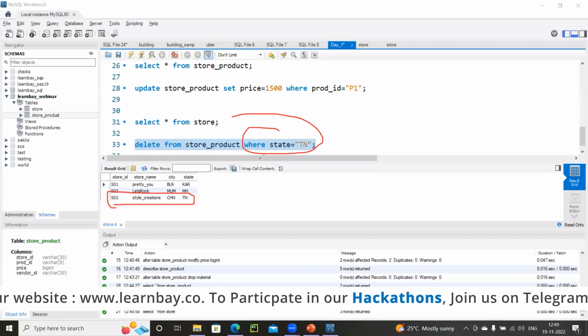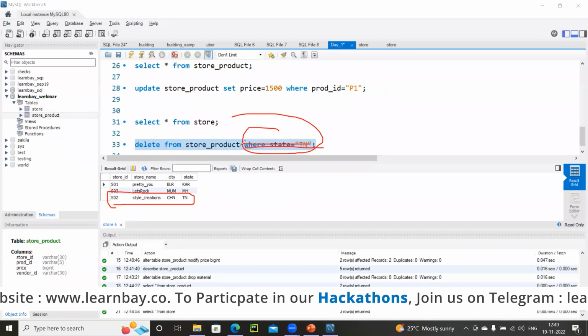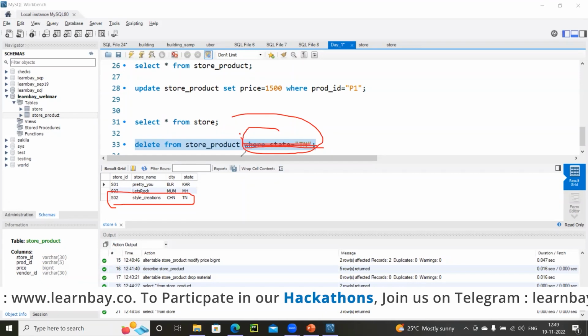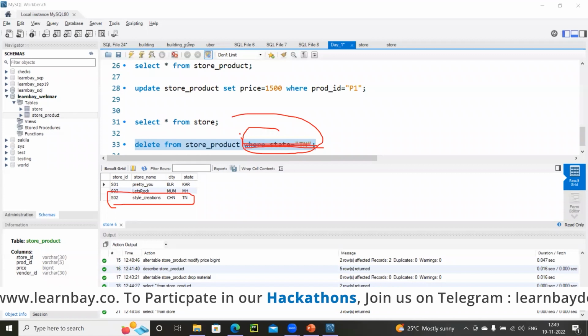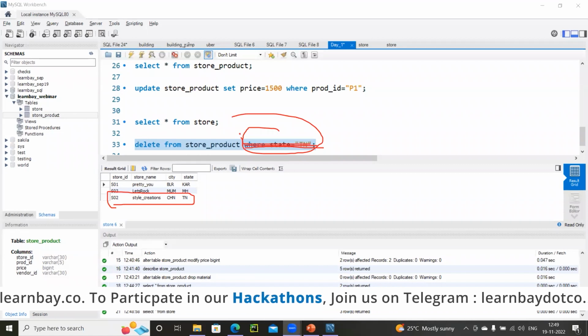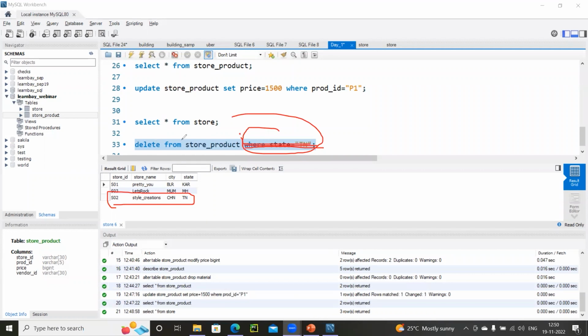Got it? Now again tell me, what do you think will happen if I do not write this where statement? I will simply write delete from table. What do you think will happen when I simply write delete from table name?